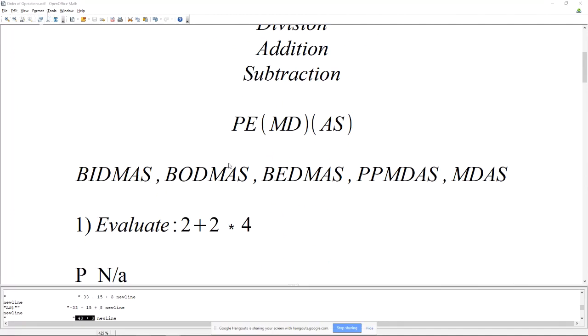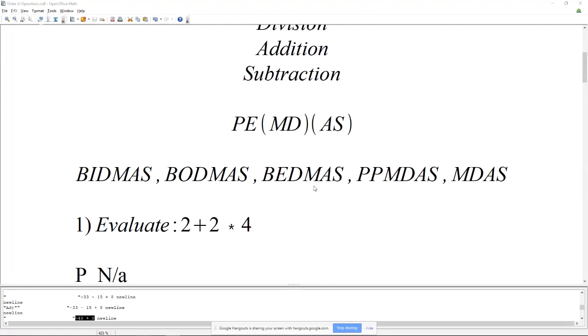Other places overseas might have memorized it differently in their schools. They might have memorized as BIDMAS, BODMAS, BEDMAS, PEMDAS, or MDAS. And these are just acronyms that mean the same thing. Here we have brackets instead of parentheses. Here we have indices, which is just another way to say exponents. Here we have order, which is another way to say exponents. And here we have exponents. So it's just basically brackets, exponents,